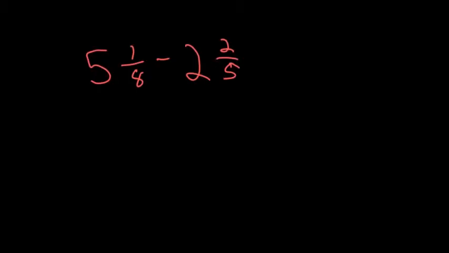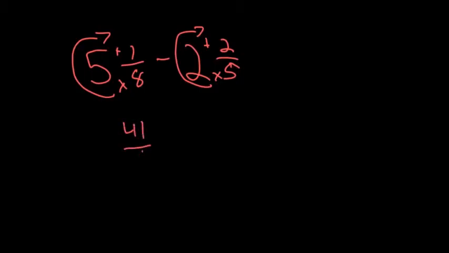Alright, so now I have 5 and 1/8 minus 2 and 2/5. So if you think about it, 1/8 is less than 2/5. So I would have to borrow in this case, or I can make them improper fractions. So let's make these improper fractions. And like I've said before, you can use either method. So 5 times 8 is 40, plus 1 is 41 over 8, minus 5 times 2 is 10, plus 2